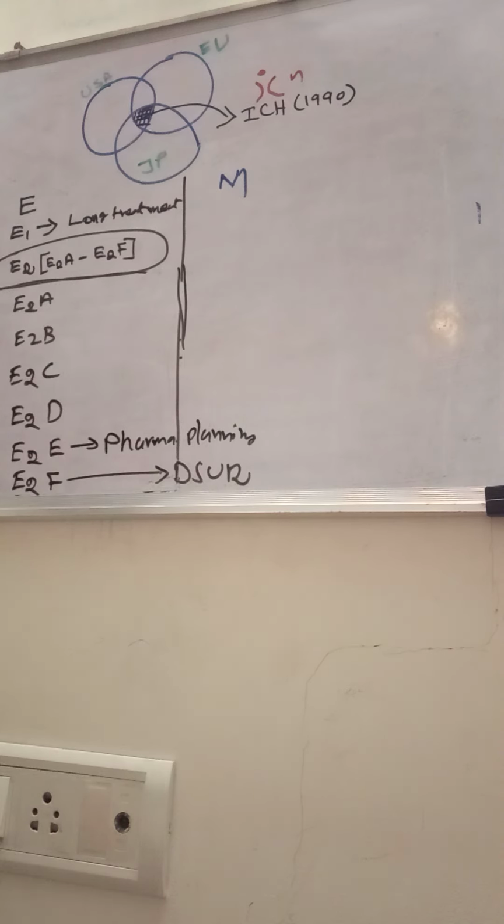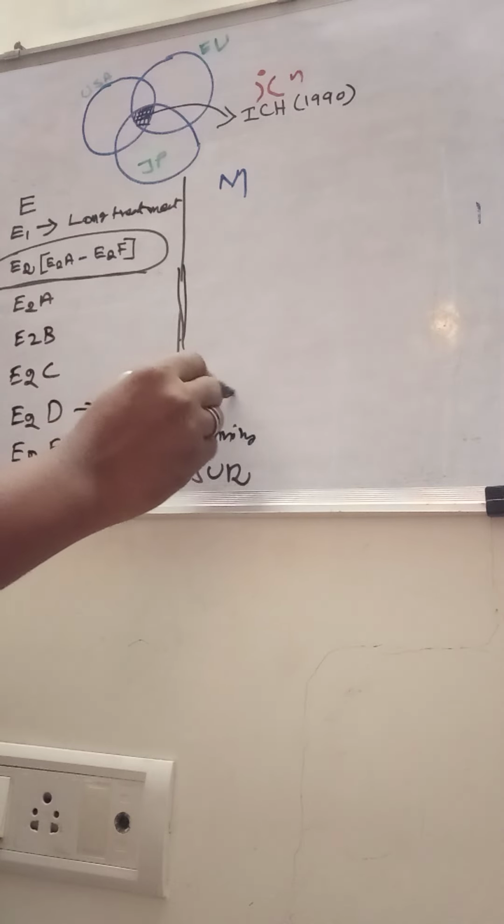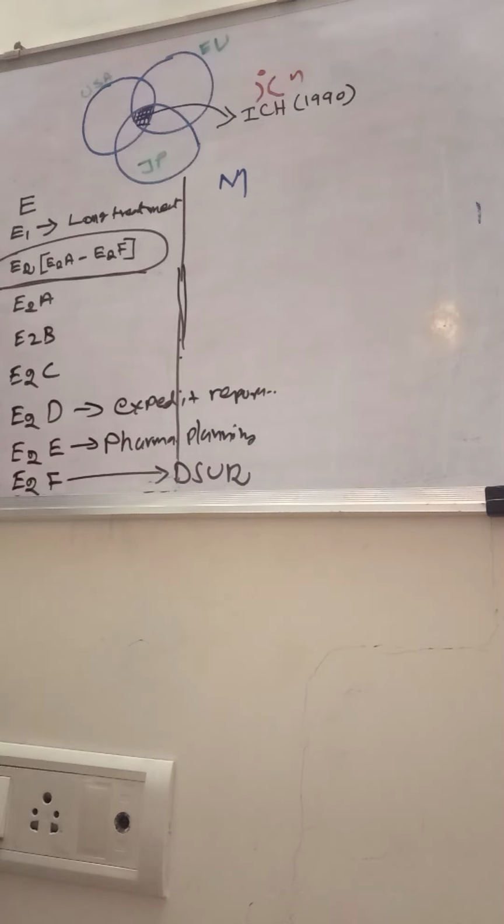And E2D is post approval safety data management. It will give the definition and standards for expedited reporting, usually in the post approval safety data management. And E2C,